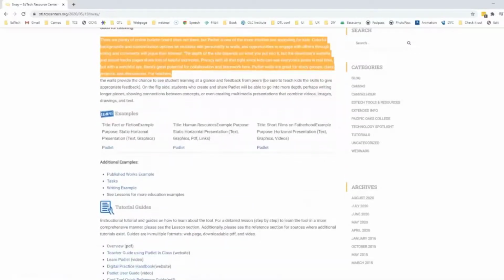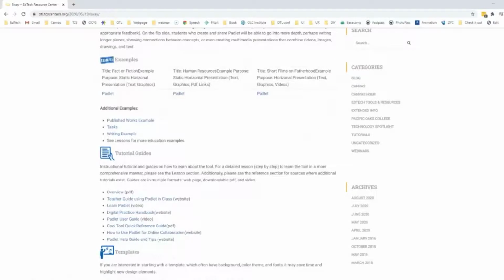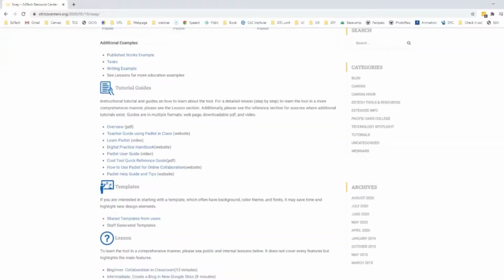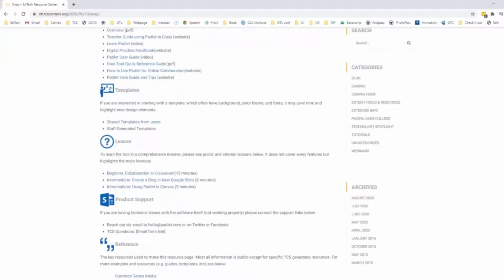We're going to curate examples, as well as I'm building a Canvas course that houses all of this technology in Canvas so that you can see in real time what this would look like in your course. Because ultimately, that's our goal, is to introduce technology that works with you specifically in Canvas, so that they don't have to have a separate username and password and go onto a different platform, that this could be housed right on an assignment page or on a content page or in a discussion post without ever having to leave Canvas. And then we have links to guides, templates.